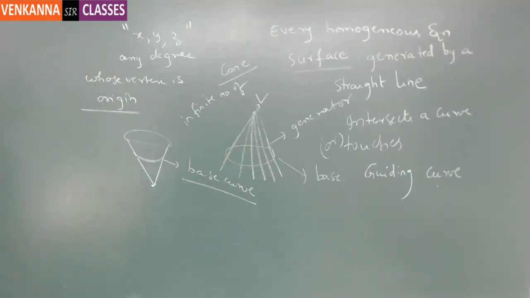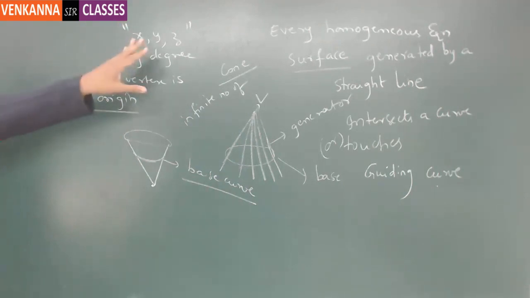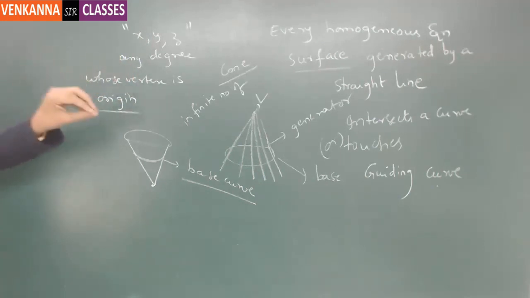In other words, every homogeneous equation of degree n in the three variables x, y, z will represent a cone whose vertex is at origin. So for a small convenience, I will write the equation as